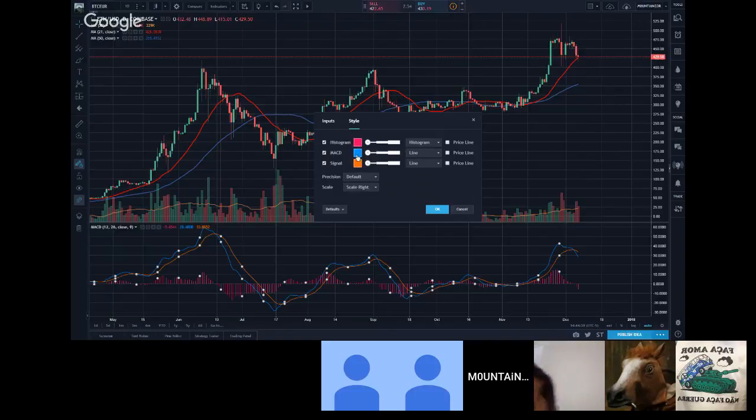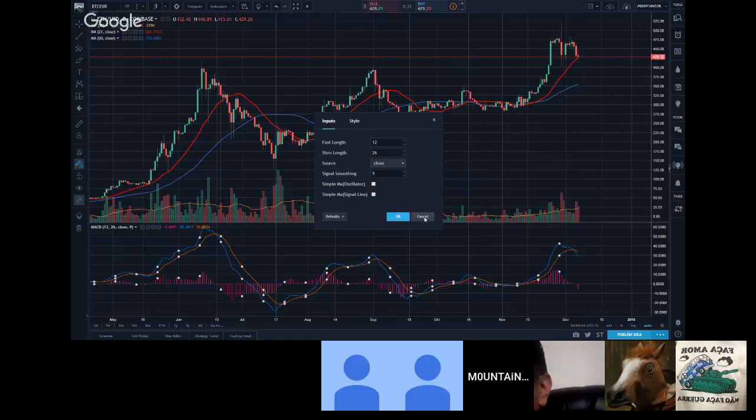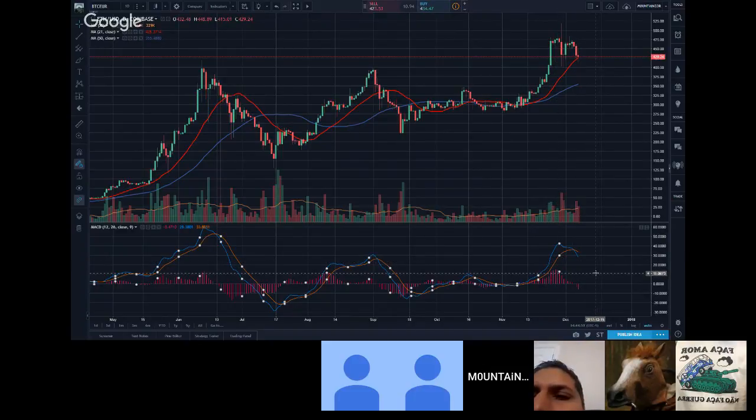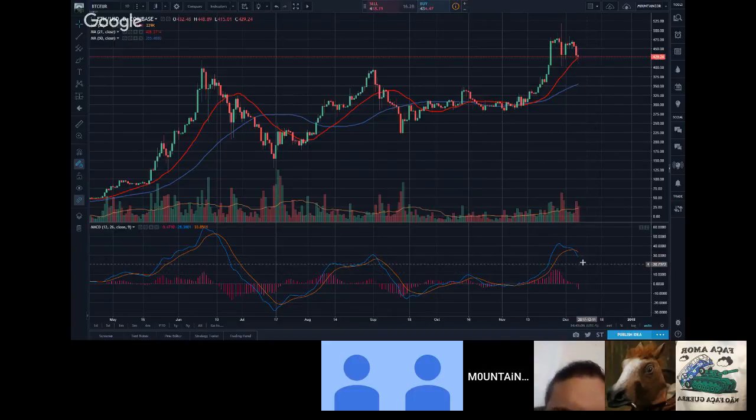Our up and down histogram is red, and our actual MACD is blue, okay? So what we're looking for is when does our MACD, our blue, cross our signal? What that means is when does our moving average start to indicate that there is a change occurring in the marketplace? In this case, MACD is indicating that we are in a position that is not so good for